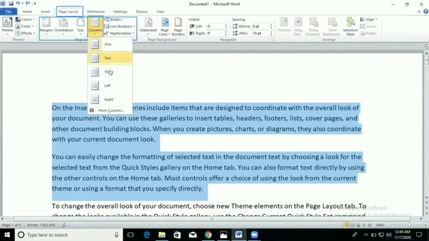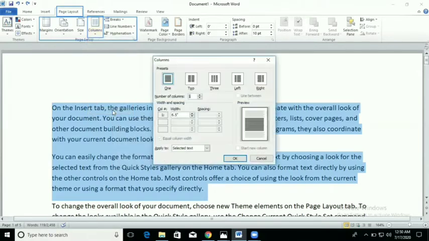If I want to create 3 columns, then go to the 3. Left, you can see in this picture also, at the left side some text will display, but on the right side large text will be displayed. And the opposite is this one. If you want to take more columns like 5 columns, 6 columns, then go to more columns.